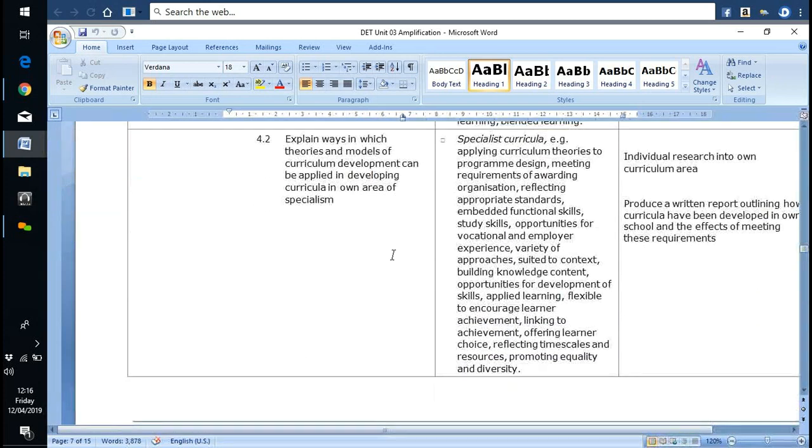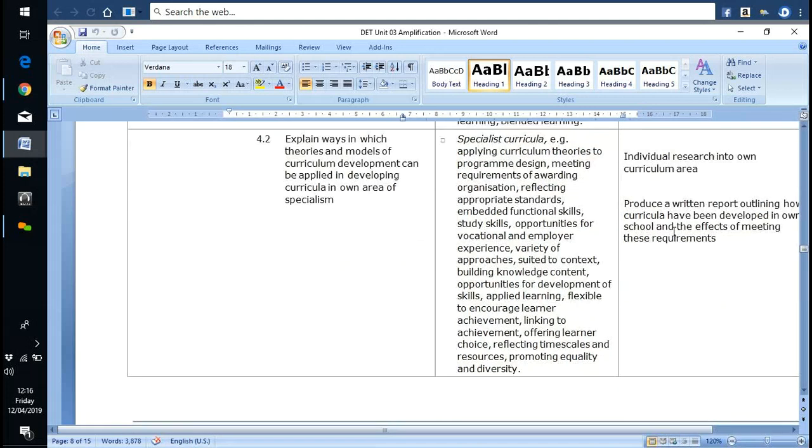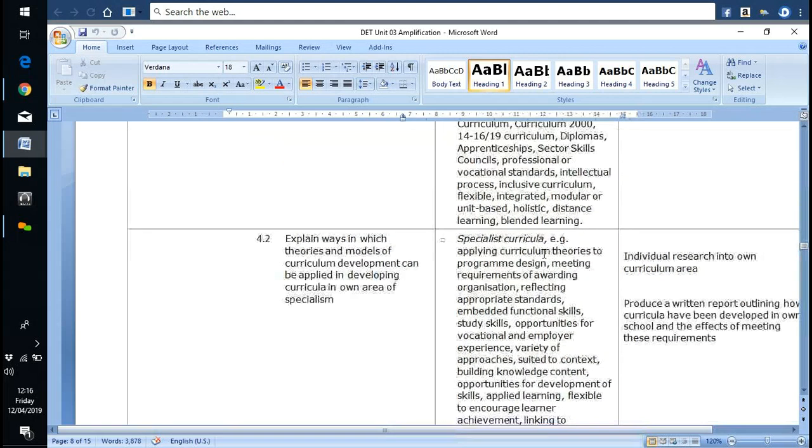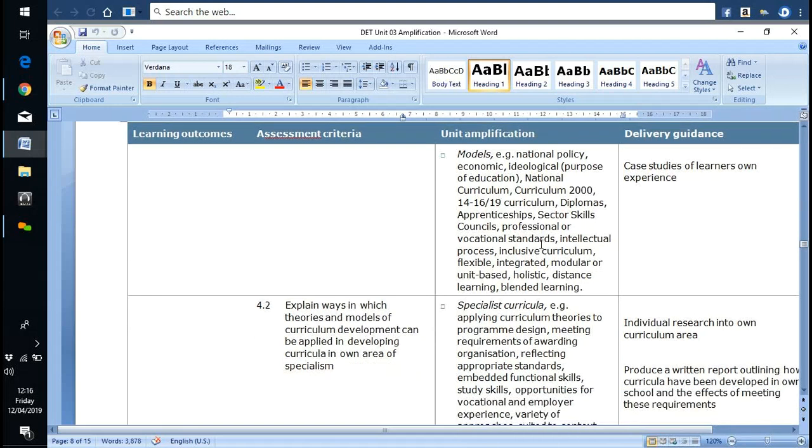Again, 4.2 is which of those. What I would suggest is you do individual research into your own curriculum area, and then produce a written report of how your curriculum has been developed and where it meets any of these models, whether the models fit with what you do. Because it looks at a number of UK things here which you won't have, which is national curriculum or Curriculum 2000, but you will have